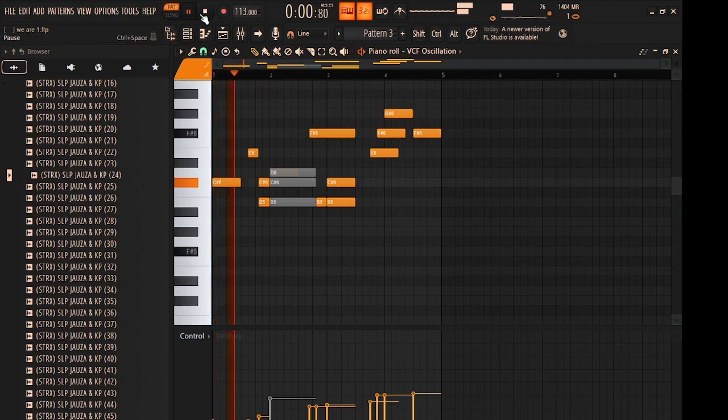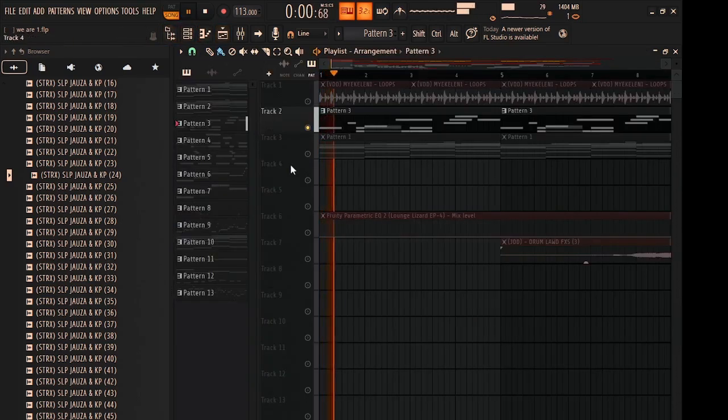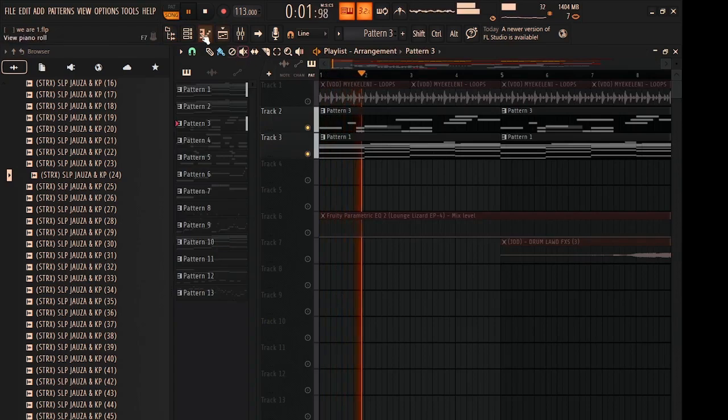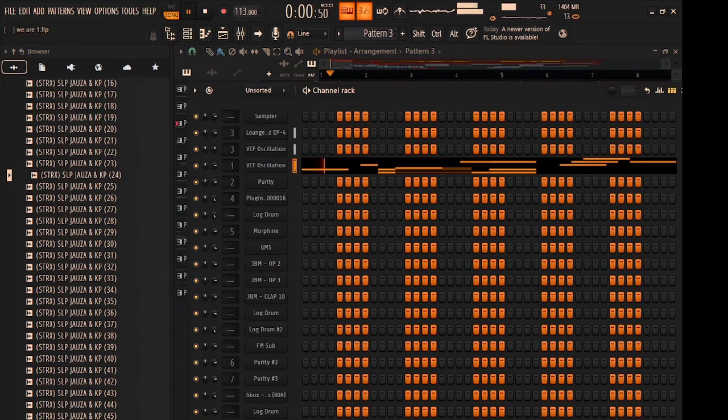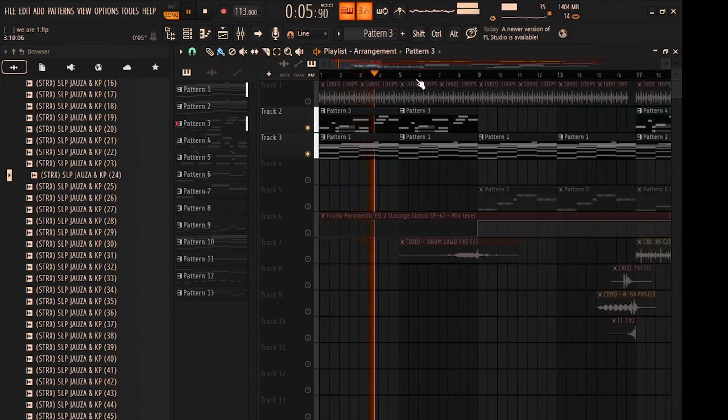You see? These notes were in the chord, right? It's just like I don't have the chords playing here. It's another pattern. But what you must notice is that this can be used as chords. Look when we play the song. You see? It sounds like it's notes playing in the chord, right? That's what you wanna do.